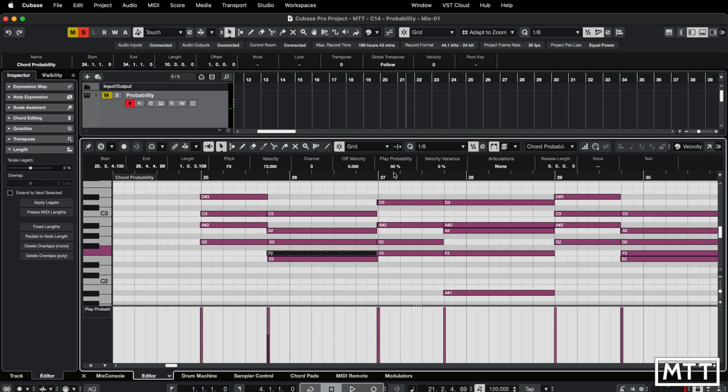So let's make that 50%. And it's adjusting it in tens. I think if I hold down Shift, I can also adjust it within every percentage. But let's just say I want it to be 50% of the time for that. And also we've got this tension here. So I'm just going to take this A and do the same with that. Make that 50%. And now when we play this,